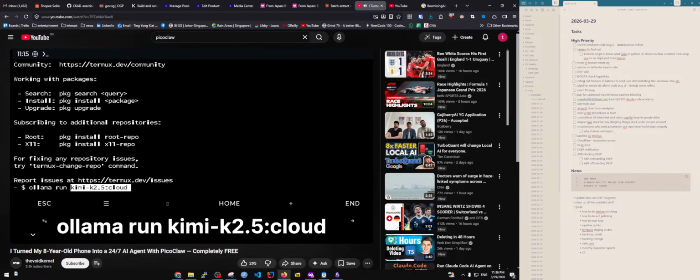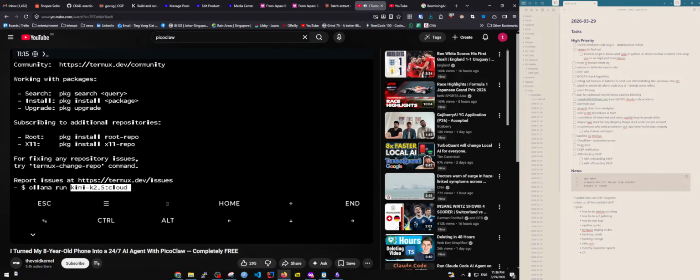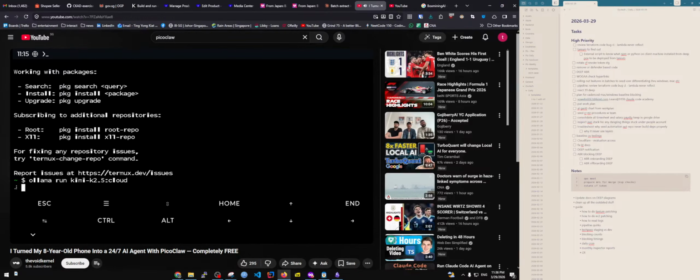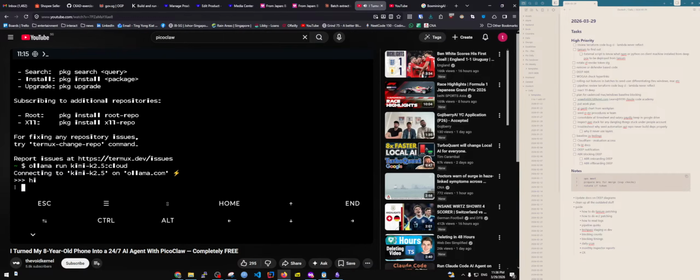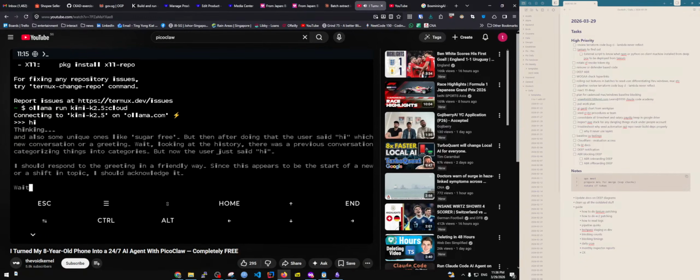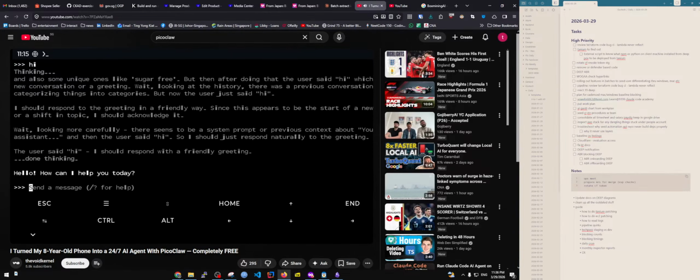And just so you know, you are not limited to this specific model. I will include a link to the Ollama model library in the description so you can explore and swap in any model that fits your needs. Now, if your model launches without any issues, you are good to go. However, if Ollama presents you with a login URL instead, do not panic. Simply copy that URL, paste it into your browser, complete the login, and then rerun the same